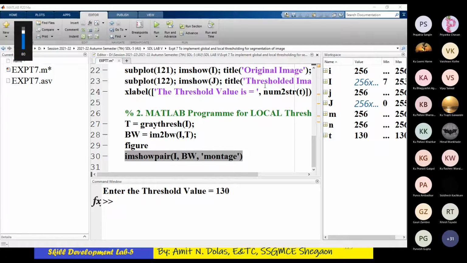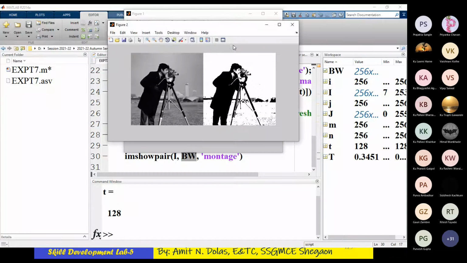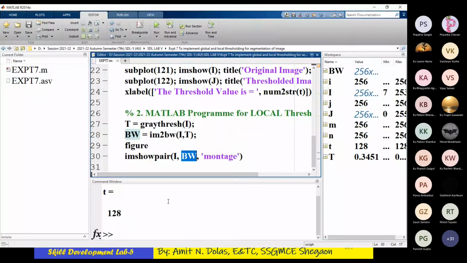Sir, it will show the output. It will show the input image and output image, compared. Whatever the two images are, they will be shown simultaneously for comparison. I is the input image and BW is the output image. They will be shown on a similar plane and joined together, side by side, like this. And I already told this, nothing special. It can be separated using subplot. You may show the images separately like this.